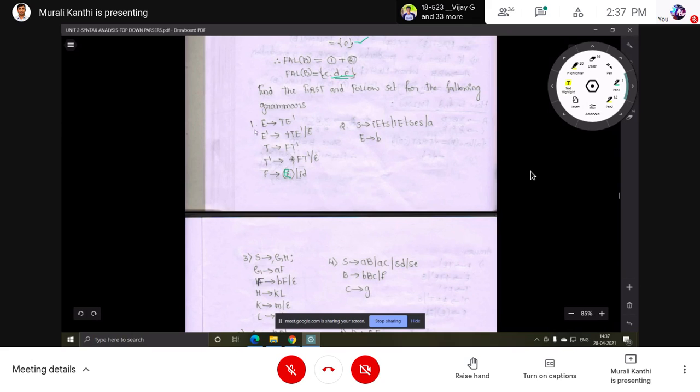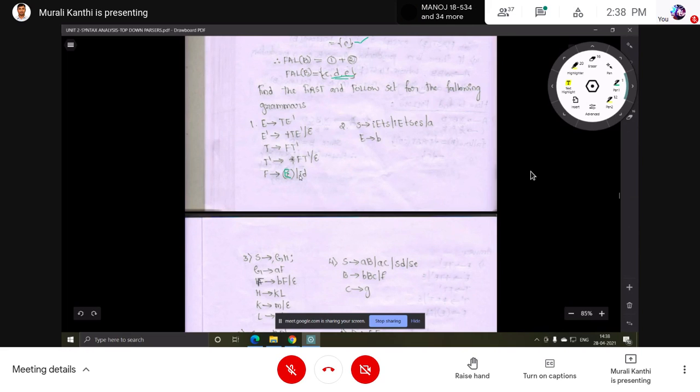Okay, so this is a grammar. This is which one? An ambiguous grammar. Here, after applying left recursion removal and left factoring, this is the final grammar. Now on this grammar, the first step is already completed, that is converting an ambiguous grammar to an unambiguous grammar, by removing left recursion and left factoring. Now which second step do we have to apply? That is finding the first set and follow set.